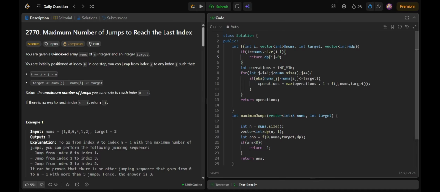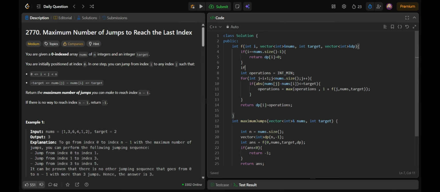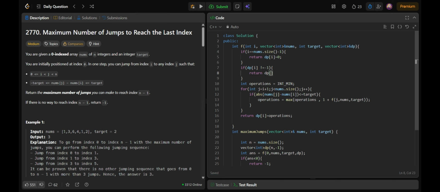I'll simply store the values, and if my DP of i has already been visited, it's not equal to minus 1, then I'll return DP of i only.